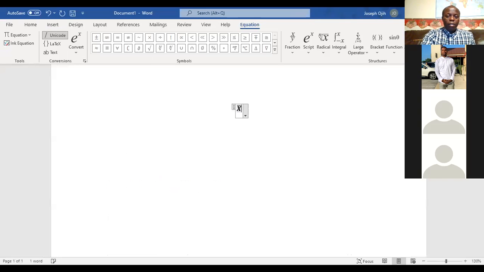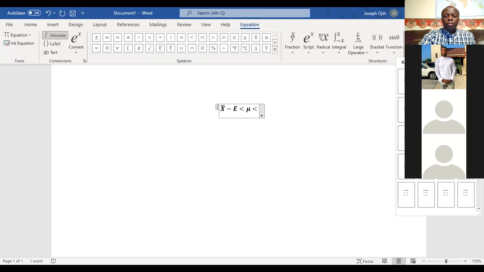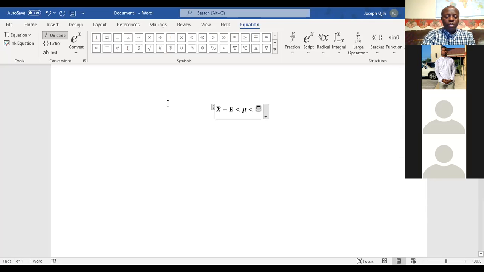X bar minus error is less than the mean, which is what we are trying to estimate, then less than x bar plus error. So I'm going to copy this